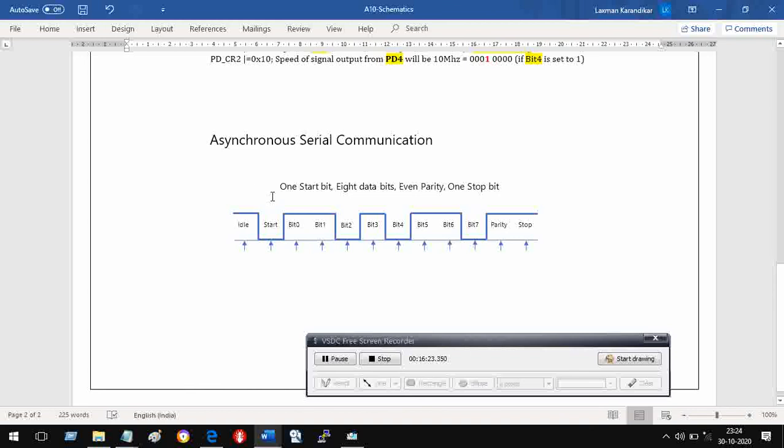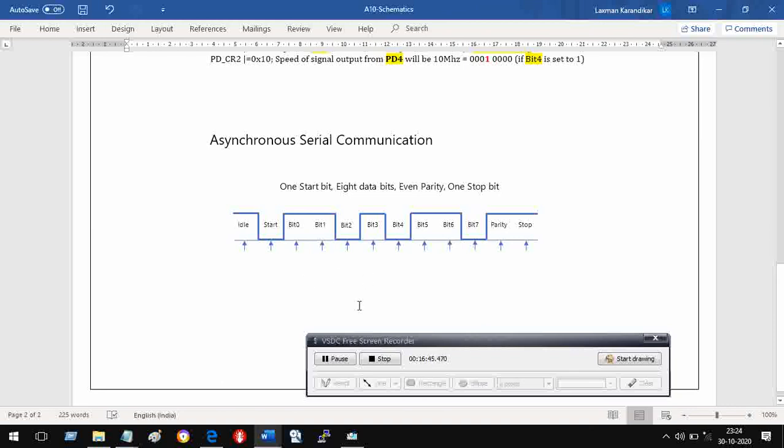Since I said that it is 9600 bits per second, how do you ensure that it is 9600 only? The clock of my microcontroller is 16 megahertz. It could be something different in a different microcontroller, but in my case it is 16 megahertz.